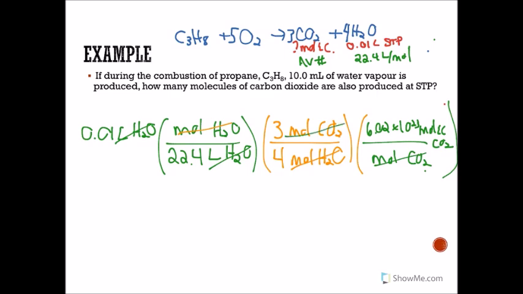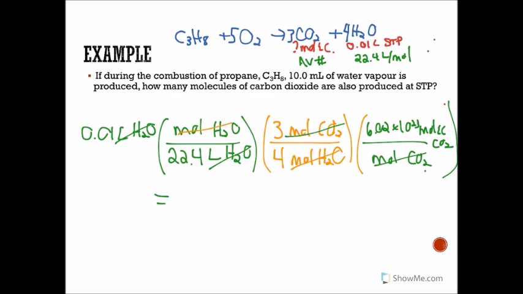And then our moles cancel off. Now we can multiply all of this out and get our answer. So 0.1 times 3 times 6.02 times 10 to the 23, and we get 1.806 times